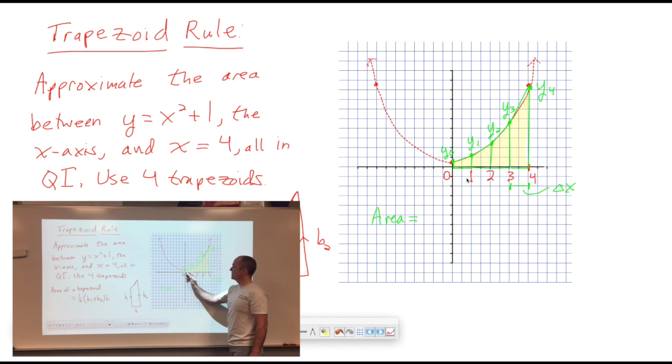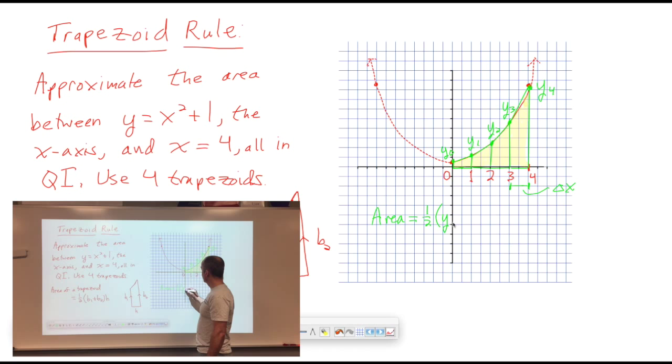Notice that with 4 trapezoids, I need 5 y values. Each trapezoid has 2 sides. They're sharing some of them, but 4 trapezoids, 5 y values. Now the area of my first trapezoid is going to be 1/2 the length of my first base, which is y sub 0, plus the length of my second base, which is y sub 1, times delta x,